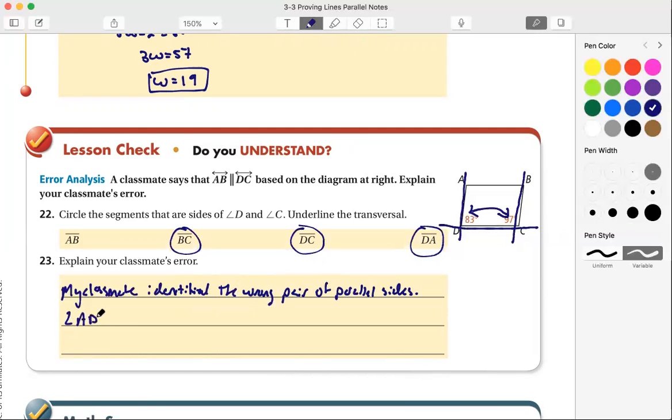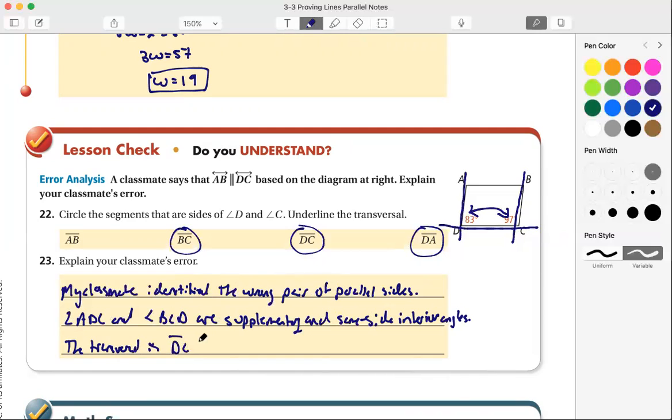Angle ADC and angle BCD are supplementary, and same side interior. So the transversal is DC. So therefore, AD is parallel to BC by the converse